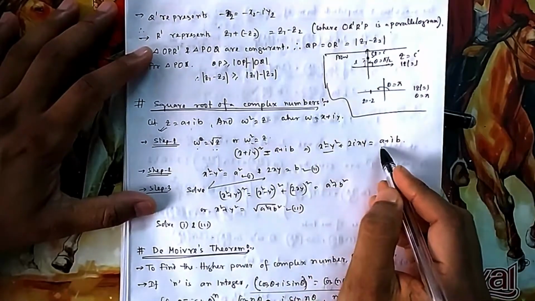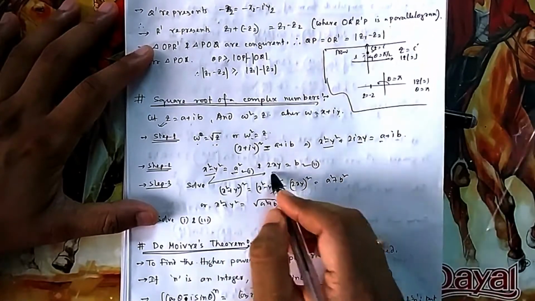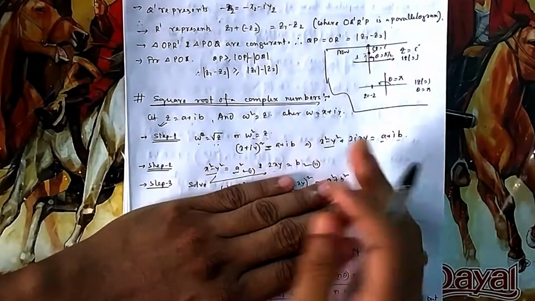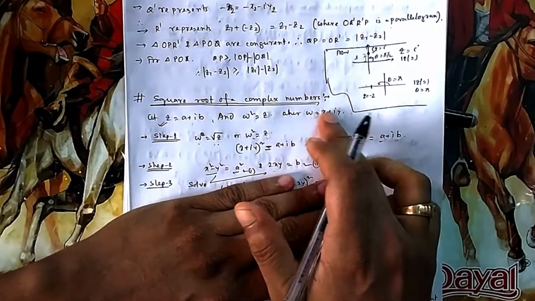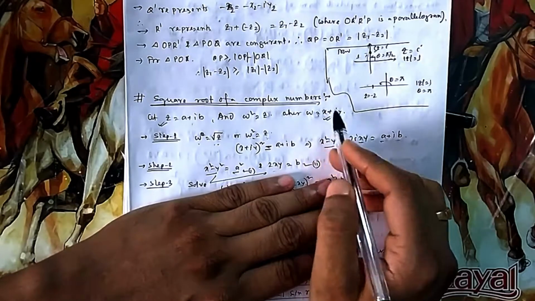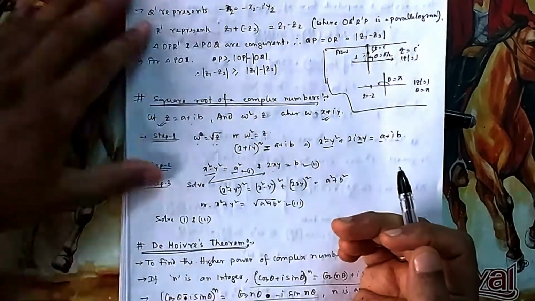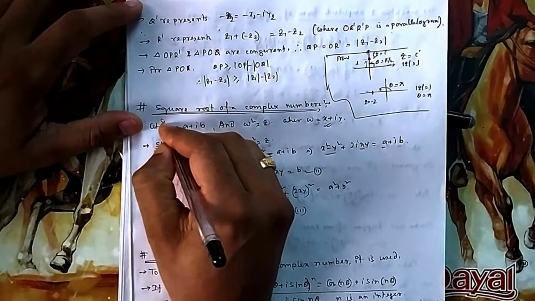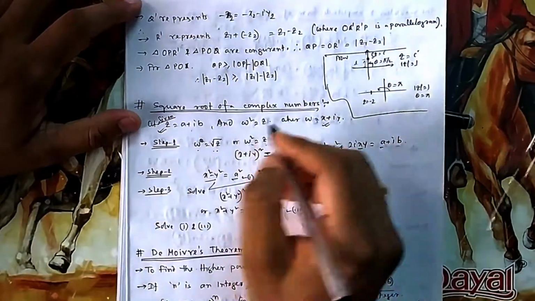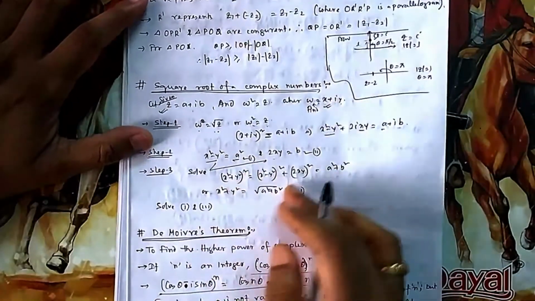Now you separate real and imaginary. So x squared minus y squared is equal to a and 2xy is equal to b. You solve these two whichever way is possible. You find x and y, because these two need to be found as this is the square root. Once you know x and y, that is done. That is the square root. w is the square root of z. Given z, this is given to you, and w you are finding. You find w. One idea I have shown you.